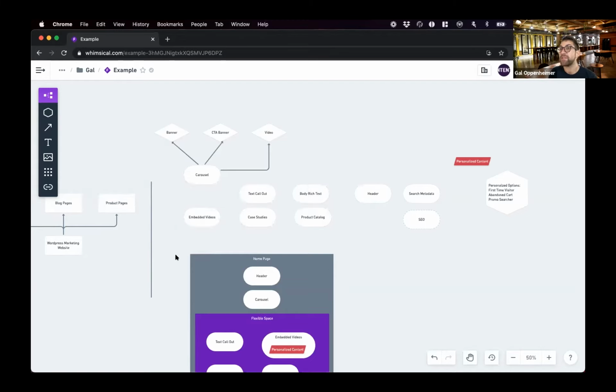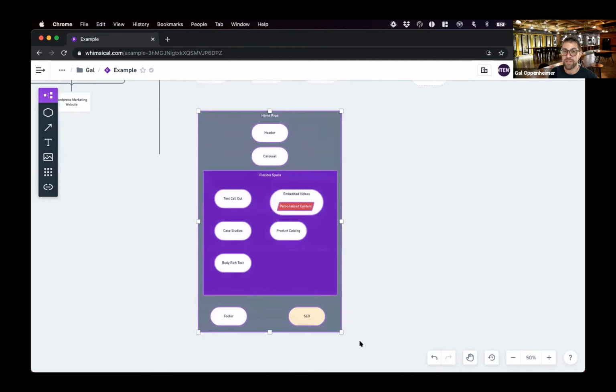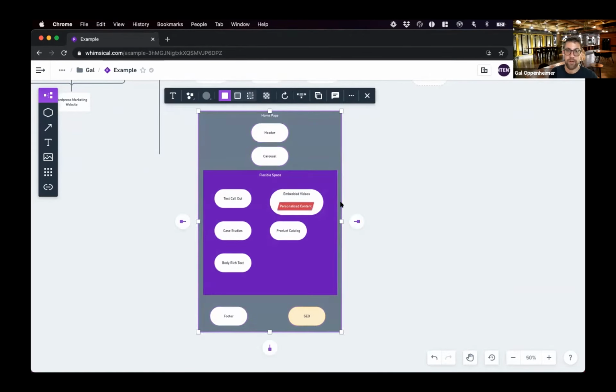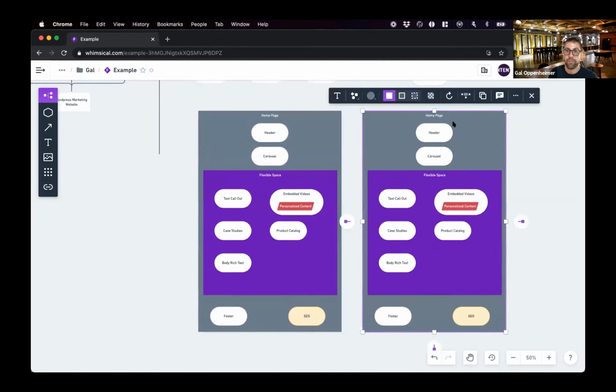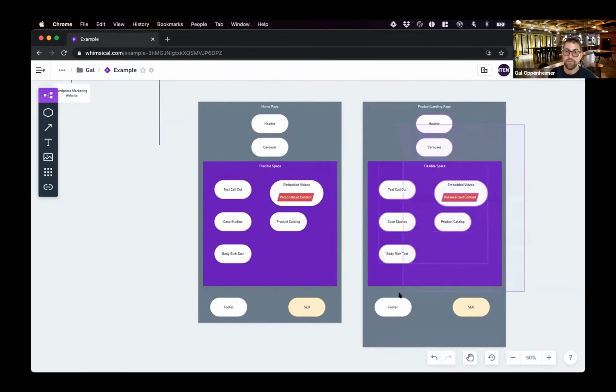And so for the first page, I didn't have a lot of savings. But now let's say that instead of just having this home page, I want to create, say, a product landing page. Instead of developing and building out this whole model together, I can start by basically just copying the page. It's all there to go. And now I can start modifying it. So for example, I'll have a header and carousel, but what I might also have is, and let's shift all of this down.